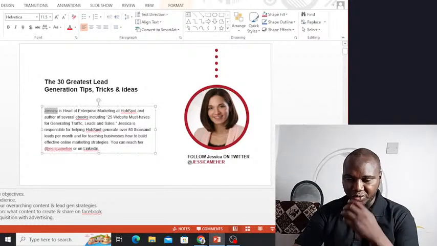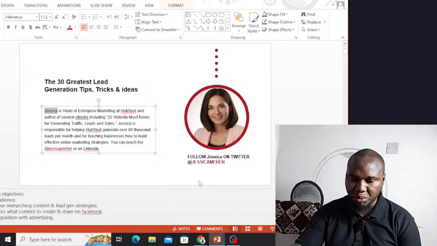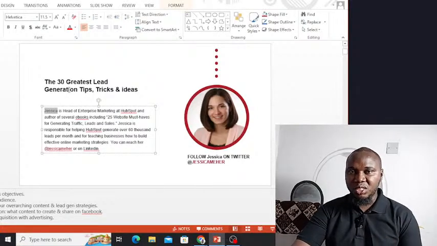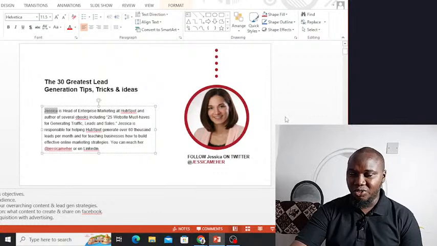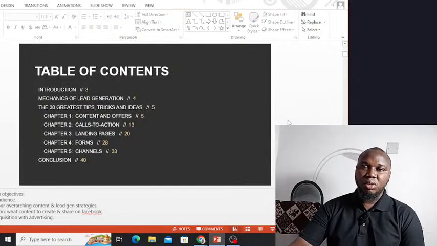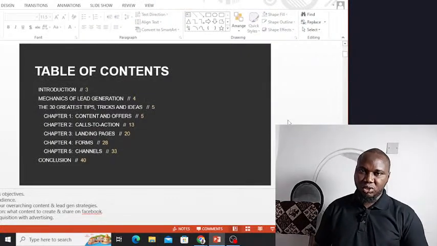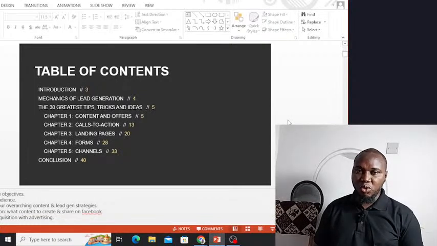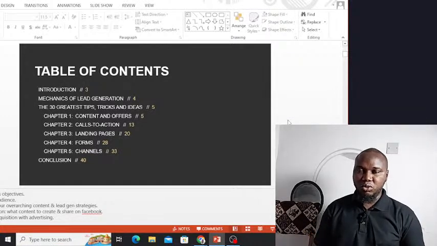We are just going to pick a few pages from this topic, lead generation. We want to look at tips and tricks, and from these we are going to break it down so that people at home and digital marketers can revert back to this book and understand how and why lead generation is important.